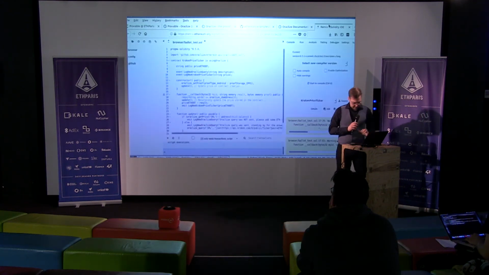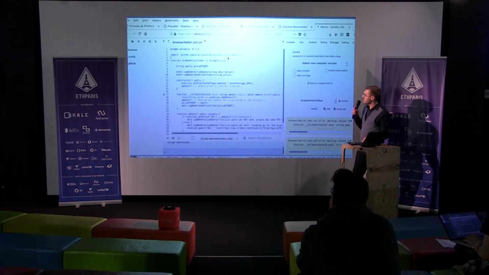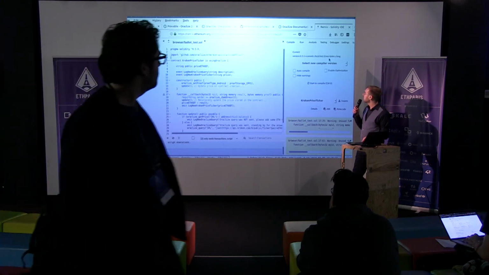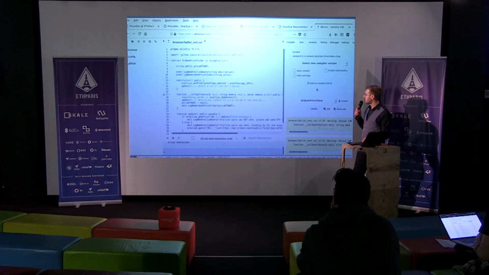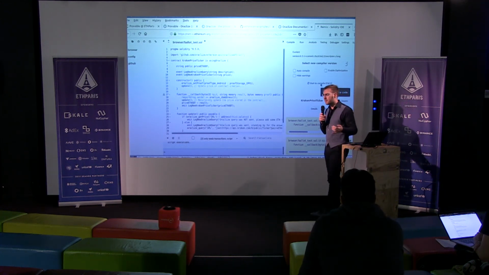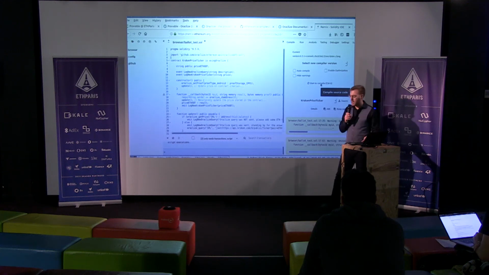Last but not least, the Remix integration. So that's the plugin, basically. It's quite useful to get started because without having to set up the Ethereum Bridge on your local chain or to send a real transaction on the mainnet, you can just use Remix and do an in-memory execution and test the setup with the Oracleize integration.